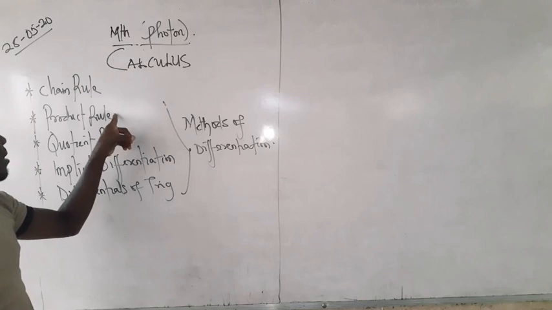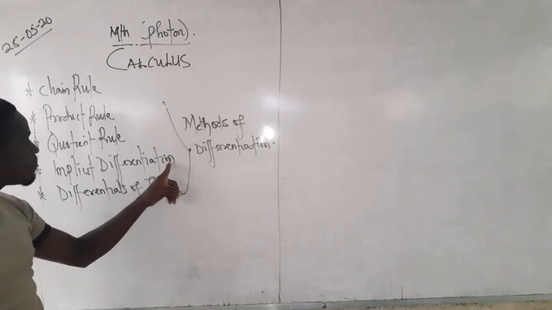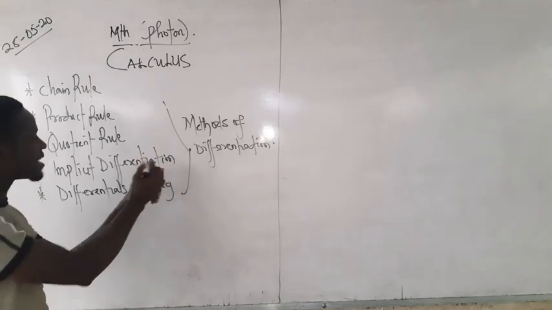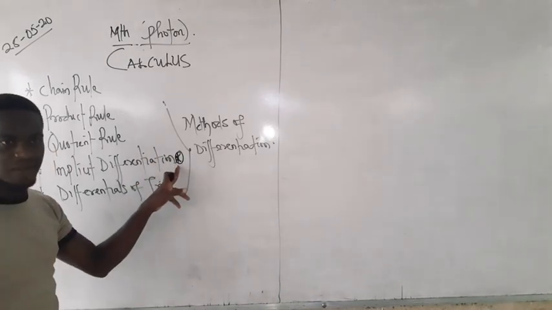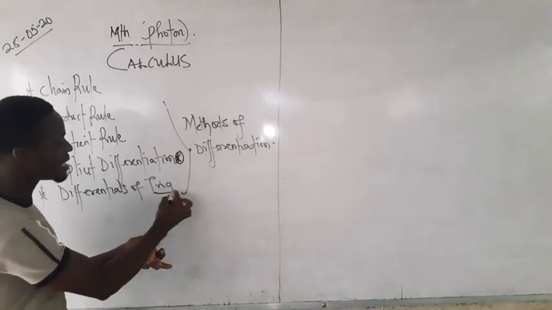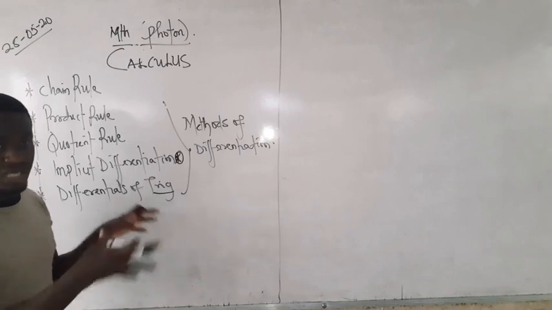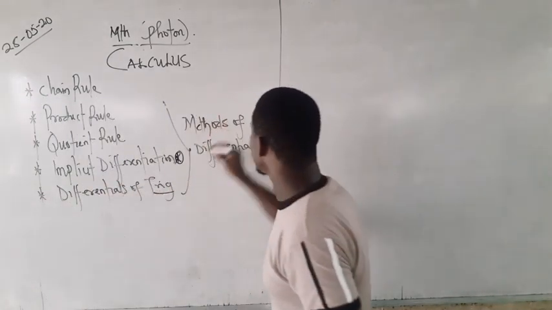Now, let's browse through product rule, quotient rule, implicit differentiation, which is one particular aspect of differentiation that is always exempted from the textbook. And then finally, differentials of trig. This trig here stands for trigonometry, on which I'm going to shed more light when we get there. Now, looking at product rule,